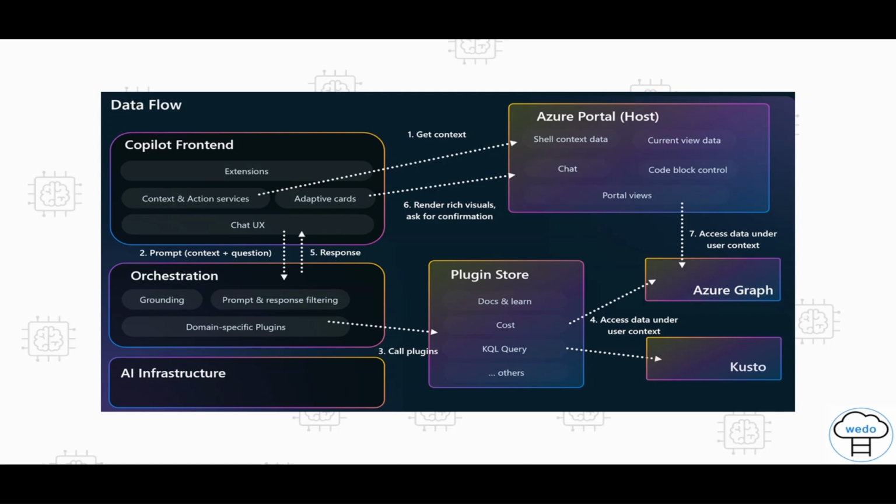So here, metadata about the current navigational context is gathered to build a semantic understanding of the user question in the first part, which is the Copilot front end. And then providing grounding context for Azure OpenAI, which is related to the infrastructure we're using. It's the same infrastructure as the other Azure OpenAI services. And then the orchestration layer processes